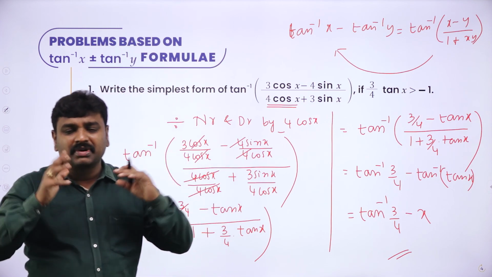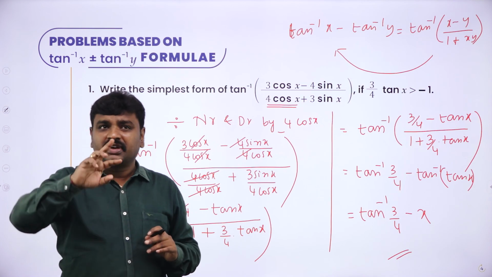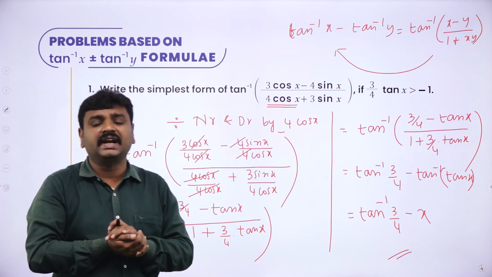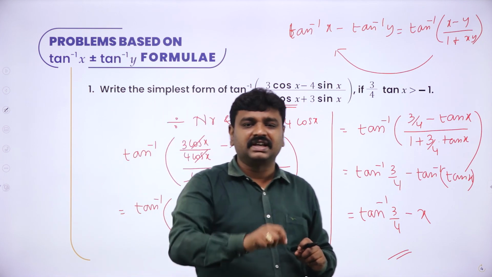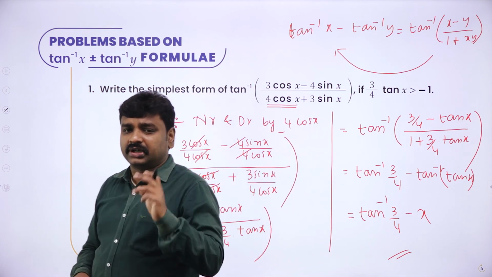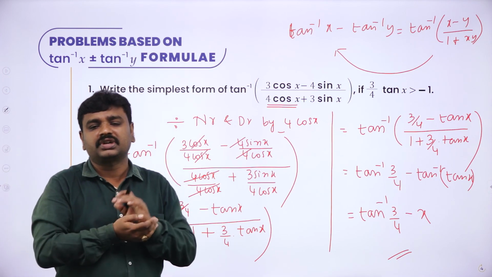Okay, let me summarize what we have learned. So we have learned how to simplify. In the simplifying process, wherever you see a square plus x square, put x as a tan theta, and if you see a square minus x square, put x as a sin theta, and when you see a term like x square minus a square, put x as a secant theta. These are the substitution hints.